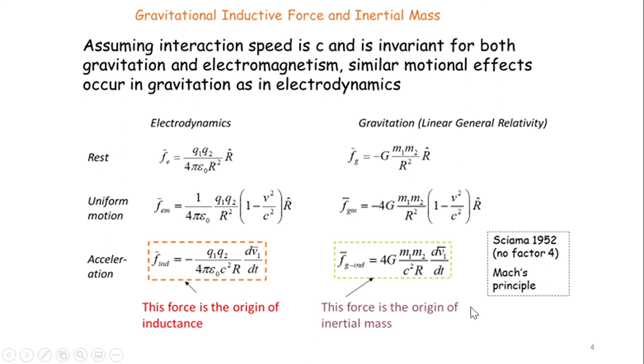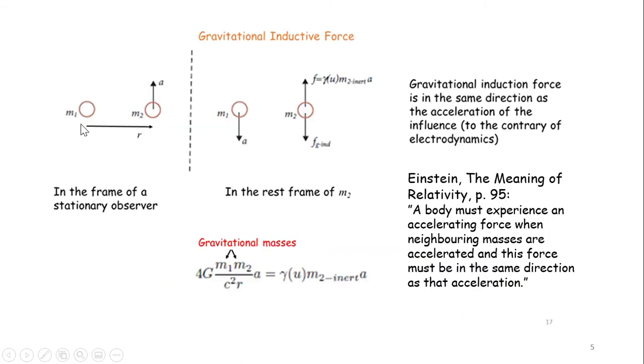So how does it look in the maximally simplified situation where we have two objects? How does this dynamic work? Well, we accelerate object number 2 upwards. Then I go to the rest frame of M2. Then we observe an acceleration downwards of the other object. M2 is accelerating upwards in the rest frame. Then, due to this acceleration downwards, there's an inductive force downwards on M2.